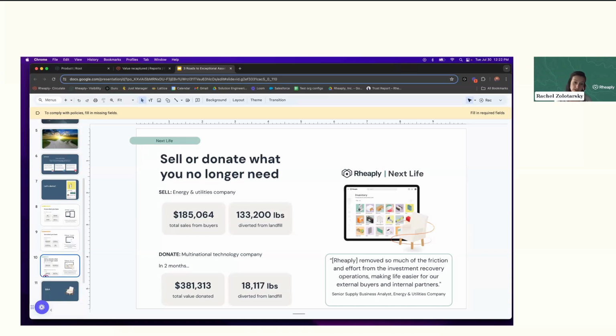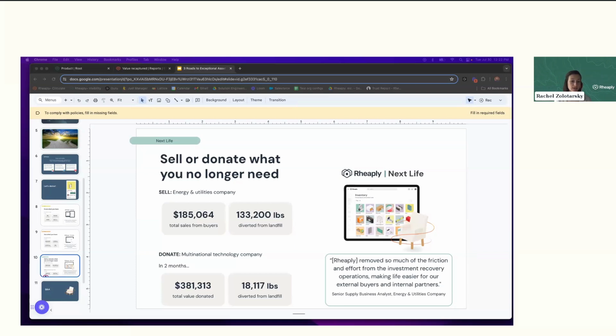On the donation side, we have another technology company. They had a warehouse full of surplus items that they no longer needed, and they wanted to find donation recipients for these items, but they didn't have the bandwidth to coordinate those donations, nor did they have a network of donation partners already established.